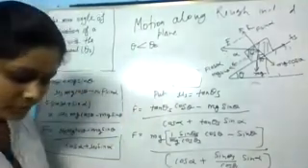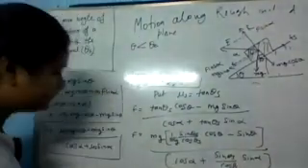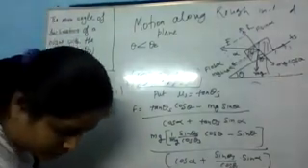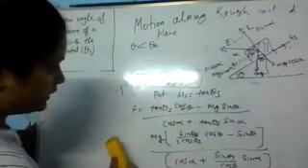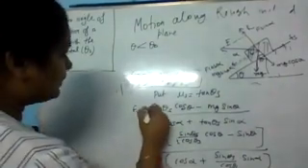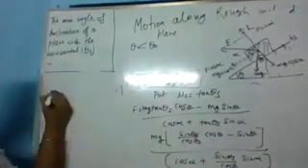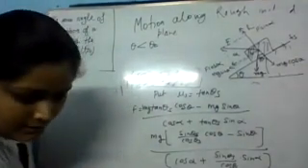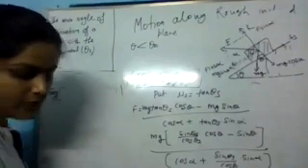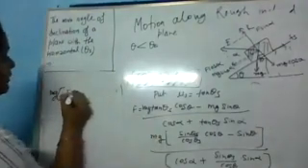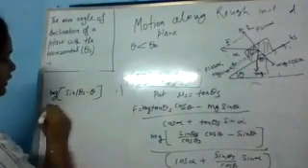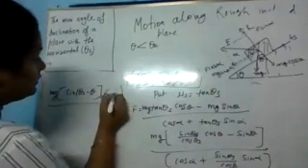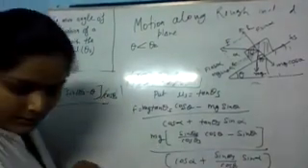Yes or no? So here mg is also present, right? mg cos theta was there, so mg was present. Okay, mg is done, so write mg from here. And this will be your formula sin A cos B minus cos A sin B. So this will be the formula of sin A minus B. That means sin theta s minus theta. And here the denominator will be your cos theta s.